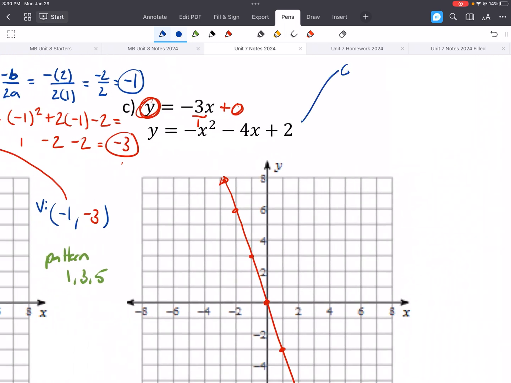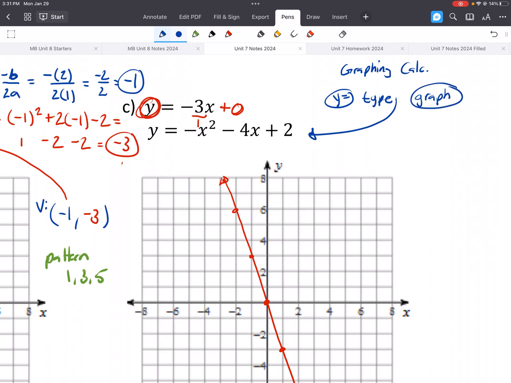So if we want to do it by graphing calculator, then of course we would do y equals, and we would type our equation into your graphing calculator and push graph. Okay, you've done this before, but just in case you forgot. Once you do that, you push graph, you'll see the graph, and then if you want to find the vertex,